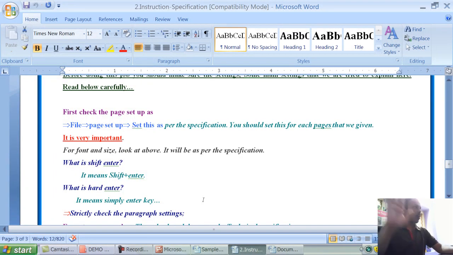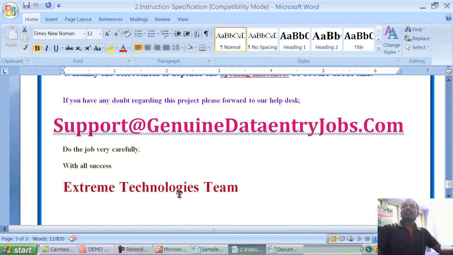Still, if you have any doubt while performing the work, you can send one request to our help desk. In which page, in which line you got the doubt, send one request to the help desk. Within 24 hours, we will give the query solution. Because if you call us and we tell you something, we can assume something else and it goes wrong in your QC report. So if you send one request to our help desk, if possible including screenshots, you will get the reply. So you cannot make any minor error also in your work.